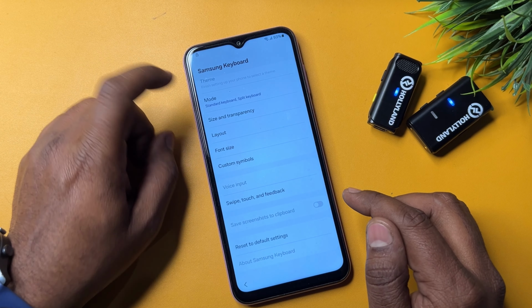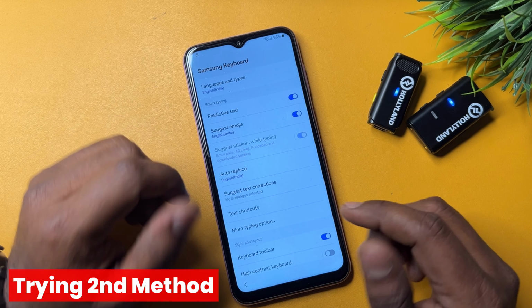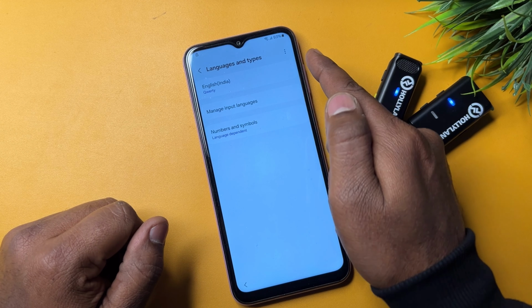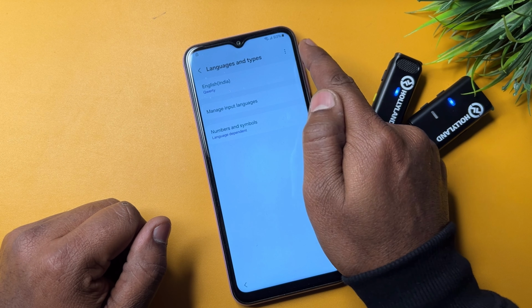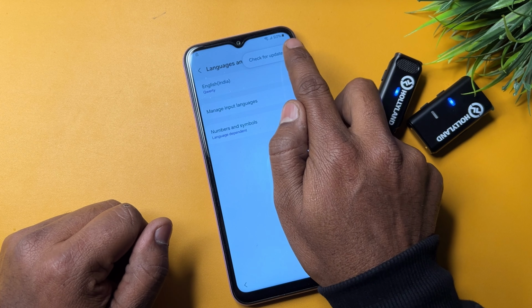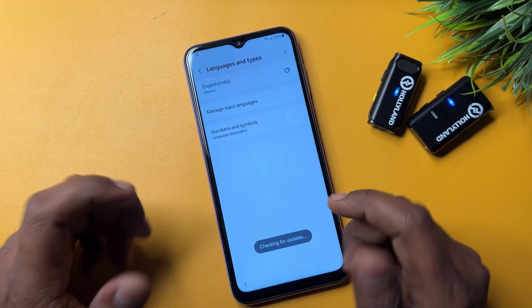So you have to go back and open your language and types option here, and here you have to find these three icons on the right side corner. So you have to touch here and click the check for update here. You have to find